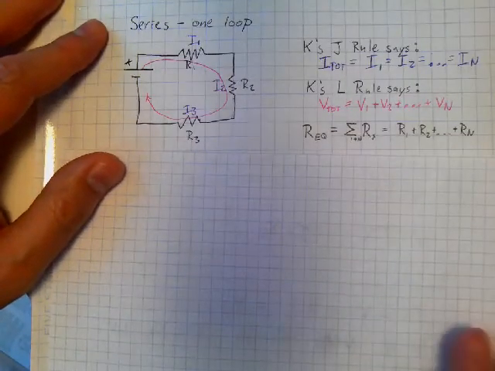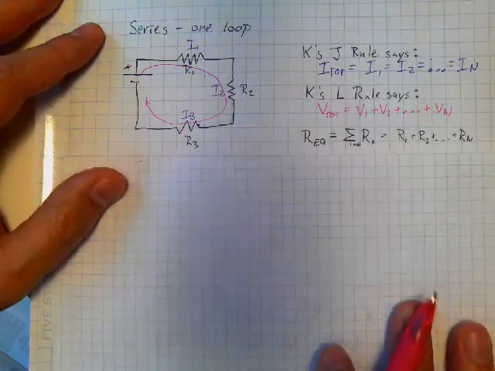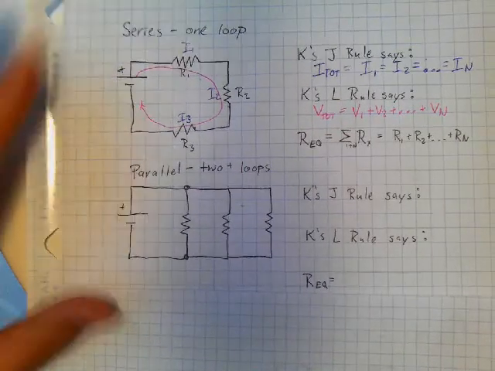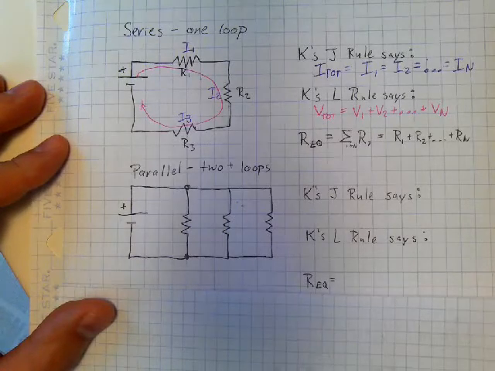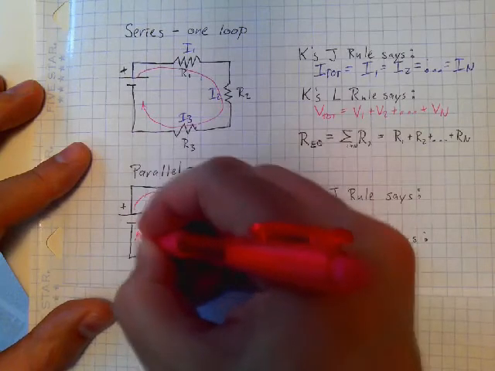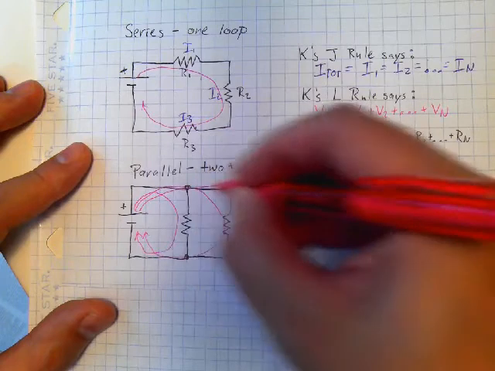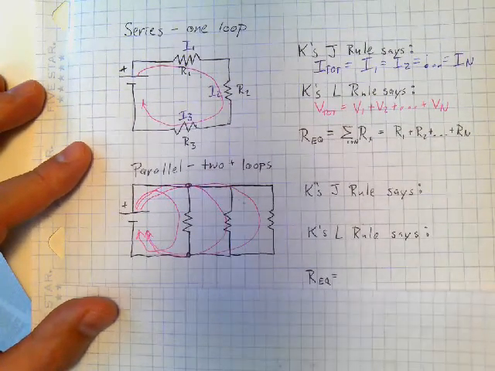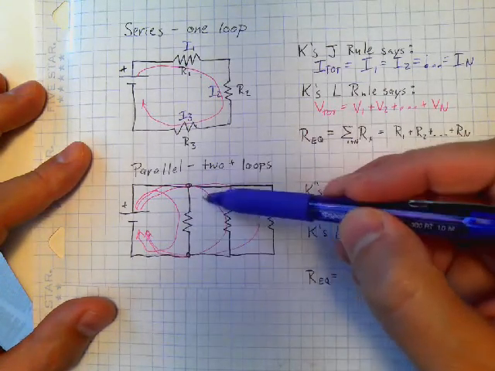The next, okay, so if series has one loop, guess what? Parallel has not one loop. So in a parallel circuit, there are two or more loops. So that means we would have this loop here, this loop here, and this loop here. We could consider other loops, so we could consider this loop here, but hey, there's no